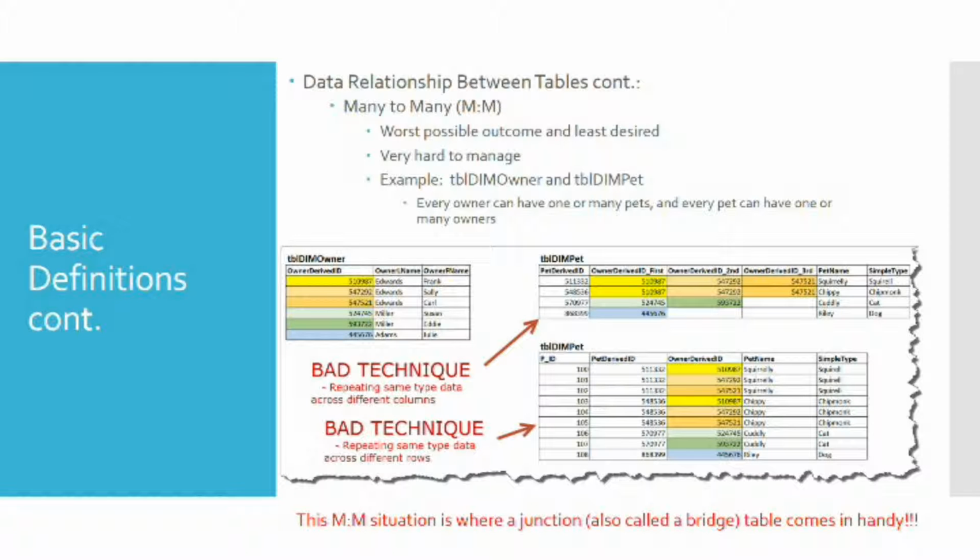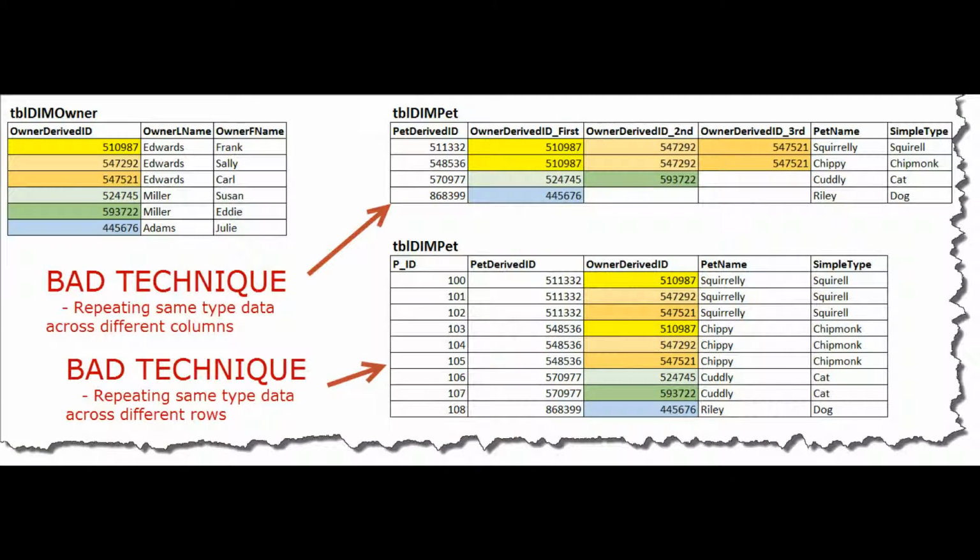So here's the many-to-many relationship, and this is the worst possible outcome we can have in our database. We want to try to avoid these wherever possible, but sometimes you can't avoid them, and you have to set up a way to deal with these within your database. In this example, I show how